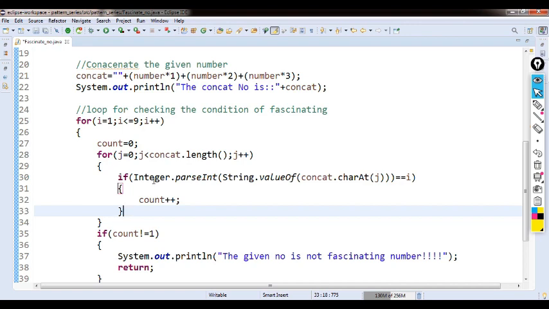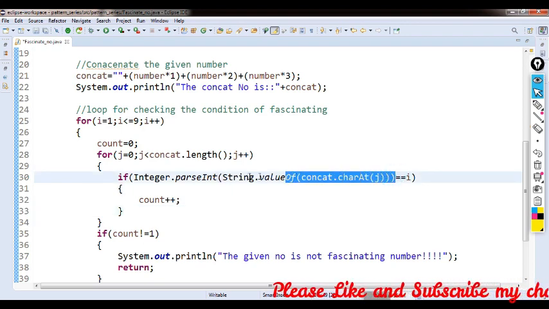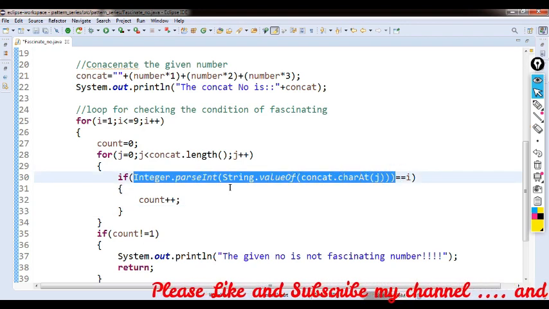Here Integer.parseInt(String.valueOf(concat.charAt(...))).